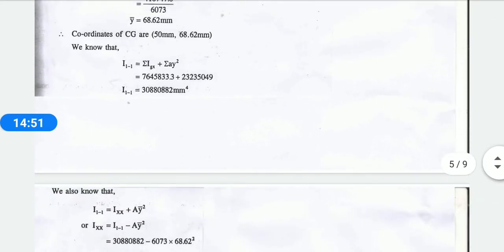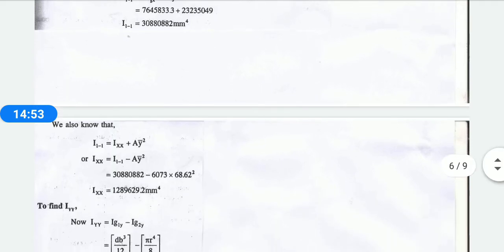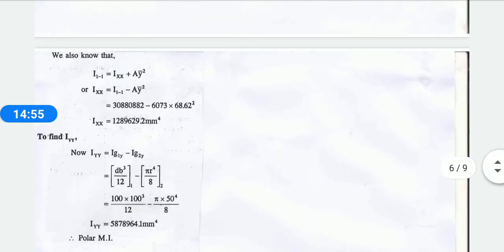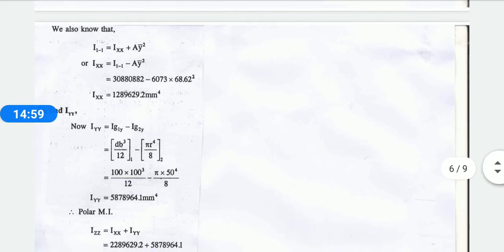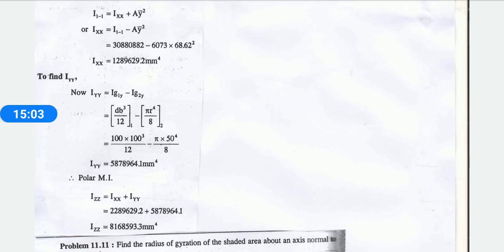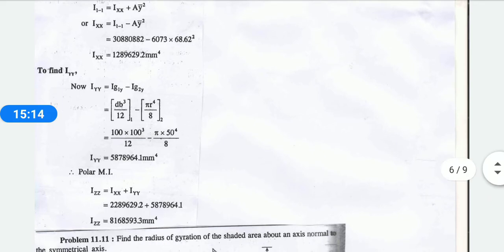Here they had found only I of xx using the table. The other method they had adopted directly to find I of yy. So that also I'll explain now. If you are doing the previous method that I had described, do in that method and get your I of z or I of p value. That will also be the same thing. But here they had adopted the normal substitution method. That I will define now.